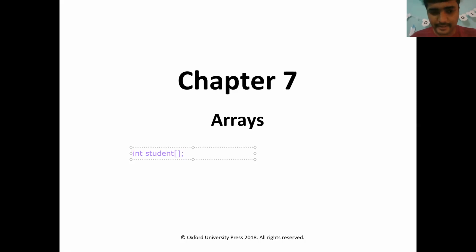How do you initialize an array? int student[] = {22, 33, 44, 52}; This is the initialization of an array.